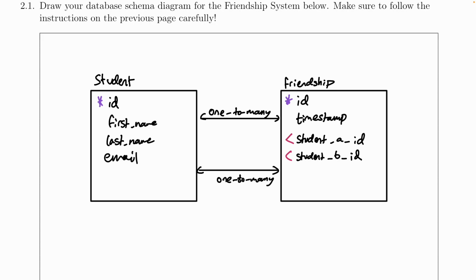Of course, I need to include my types. So this would be an int, a string, a string, a string, int, date. And technically this would be date time, but if you include just date, that's perfectly fine. Int and int. And this is the official answer for this question. But again, if you did a many-to-many relationship, or maybe you did something different, as long as you justify it,